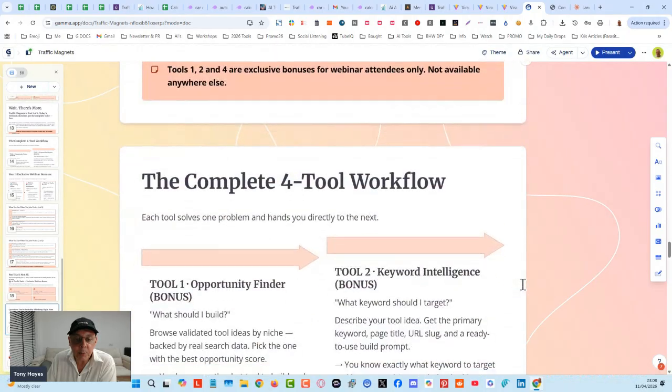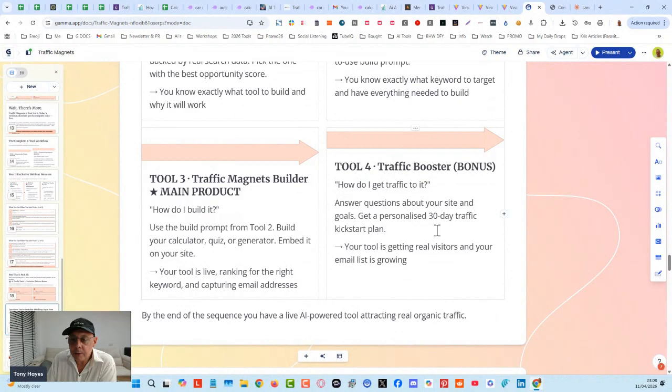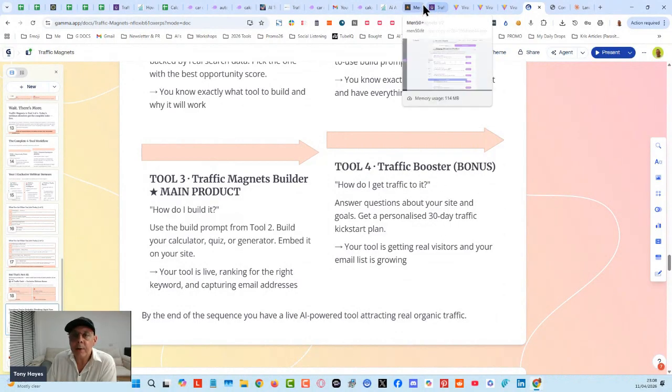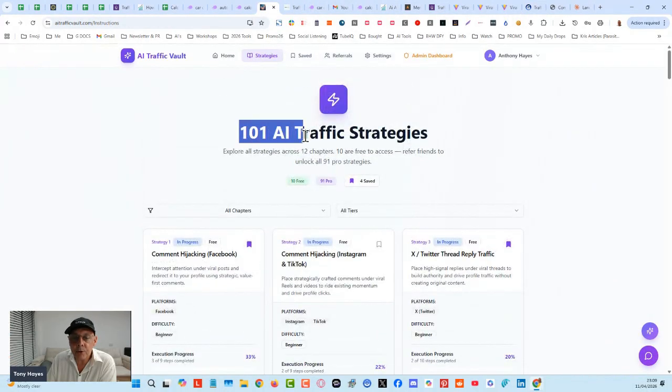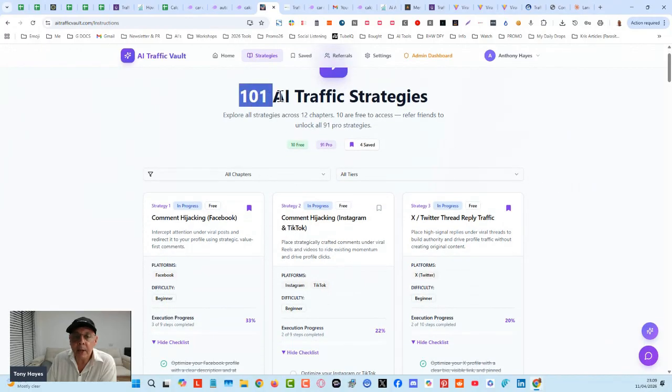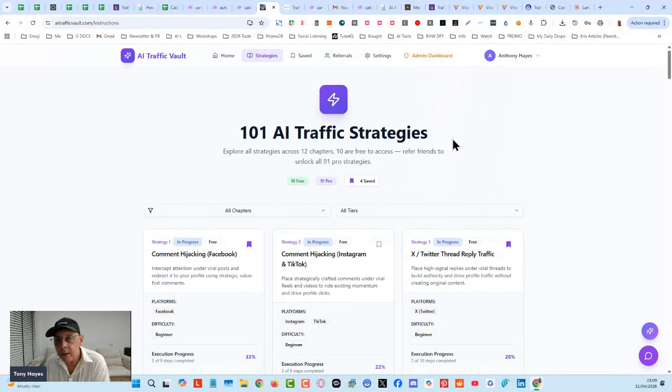Okay, so you're getting these bonus tools, keyword intelligence, opportunity finder, and you're getting the 2 traffic tools as well. That traffic vault is a fantastic tool, really, really good tool. Okay, 101 strategies came straight from the social listening system. I believe there's people that actually have a similar system and they end up picking up strategies from it and doing these Warrior Plus offers.